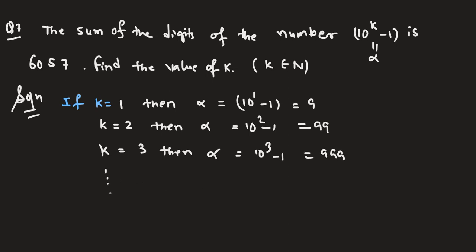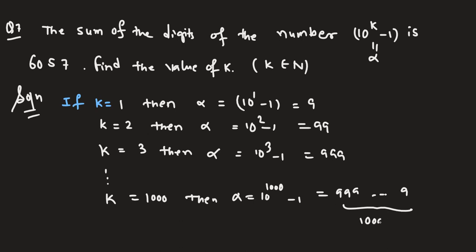In this way, if I put k equal to 1000, then alpha is equal to 10 power 1000 minus 1, and this will be 9 present 1000 times. So alpha is nothing but 9 present